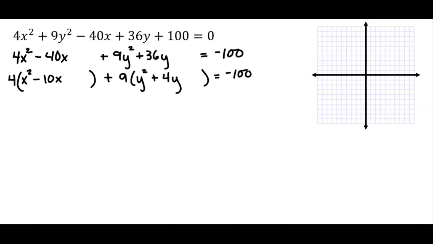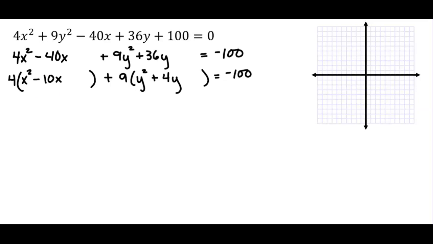Get your x terms together, get your y terms together, put the constant on the other side. Now, if there's a coefficient in front of that squared term, you're going to have to factor that out. You might even want to factor it out even if it's just a 1, just good habit. And you'll see that probably when you do a hyperbola. Okay, now we're going to complete the square.